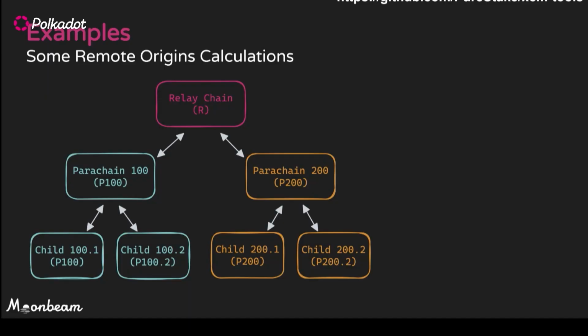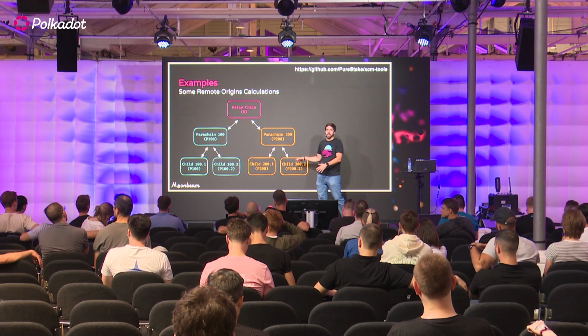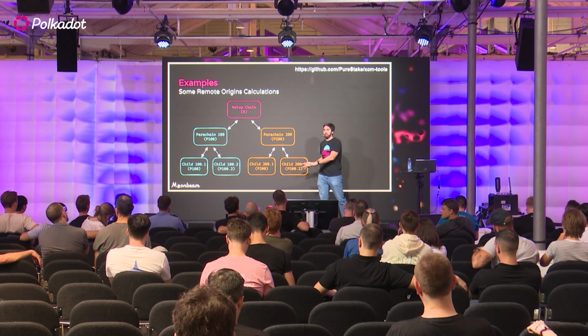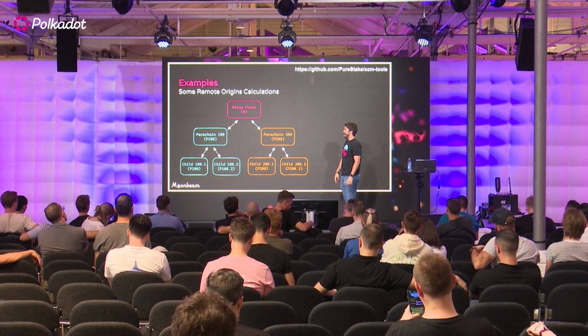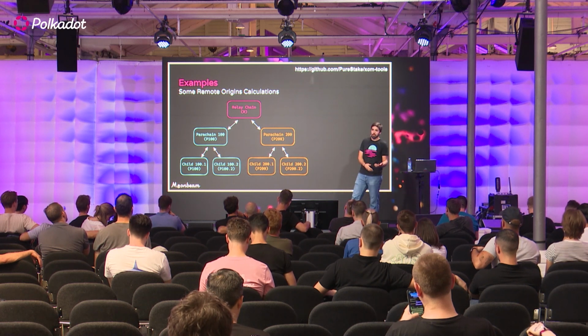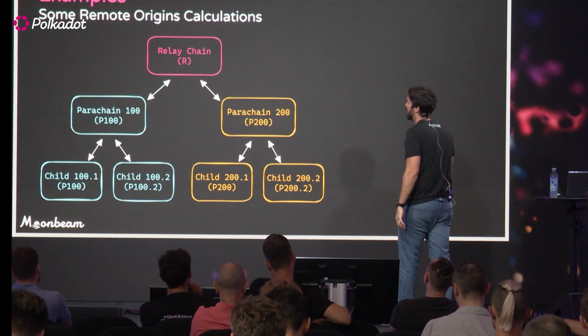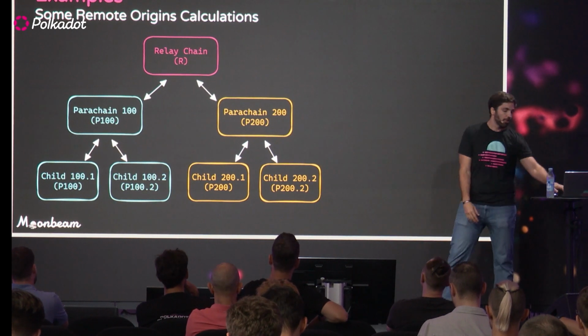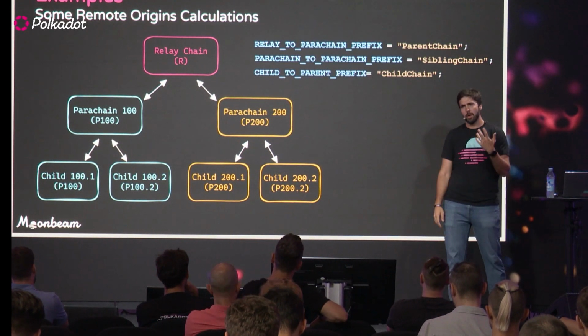And so let's briefly discuss how this account is calculated, more or less, right? I mean, we're not going to go into the nitty-gritty of the math, but just to show you an example. So imagine you have a relay chain, parachain 100, parachain 200, and then some child chains. This is theoretical, all right? But let's say they're there. I grabbed this from one of the original PRs, from a person from Centrifuge, and I used the same example in just a nicer diagram. And so in order to calculate the remote origin, first, the latest proposed PR, I think it was by Gav,